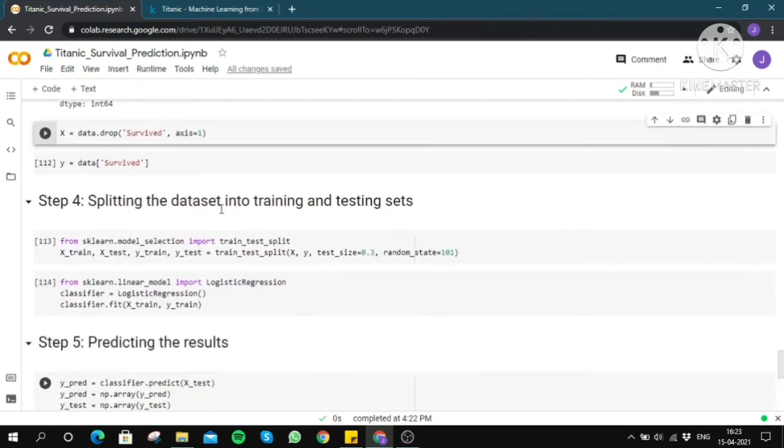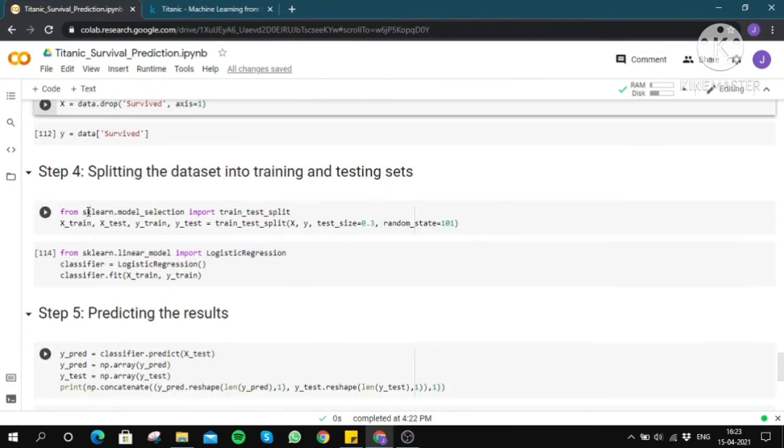Now let us split the dataset using the sklearn.model_selection library, importing train_test_split. X_train is the independent features training set, X_test is the independent features testing set, y_train is the dependent feature training set, and y_test is the dependent feature testing set. It requires X and y as arguments. For test size, we'll be using 30% of the dataset for testing and the rest 70% for training.